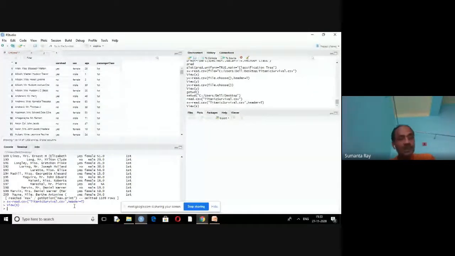Instead of a CSV file, you can also import an Excel file, a data file, an SPSS file. You can import any of them, so there are lots of techniques. In my presentation, lots of techniques have been written there. Basically, I want to write some SQL statements to retrieve, to fetch something from the relation. So how will it be possible? Here, the sqldf package is required.